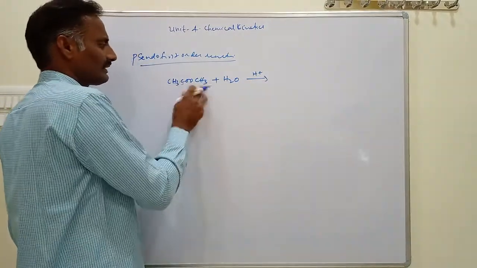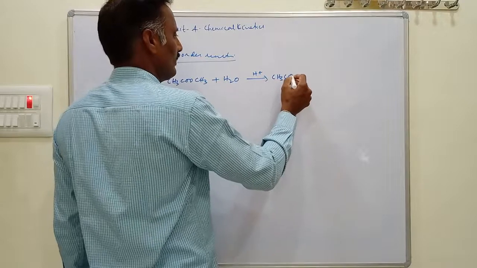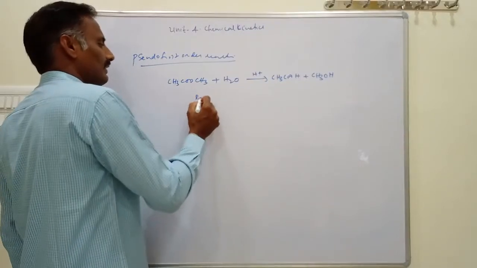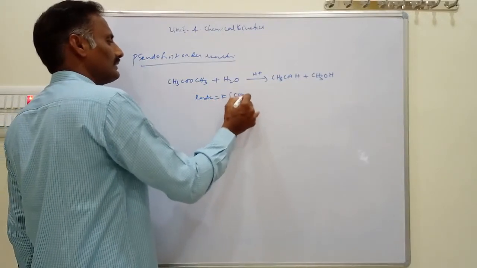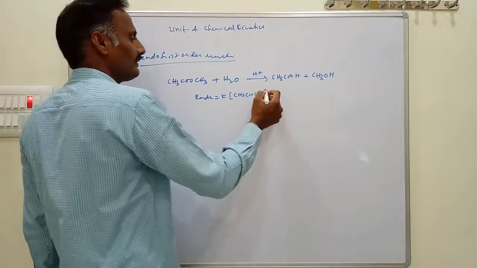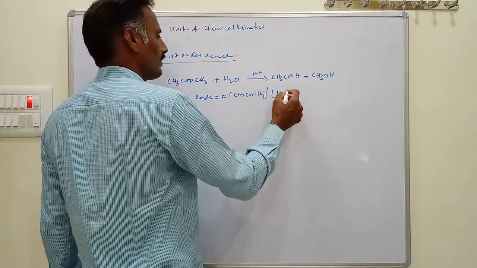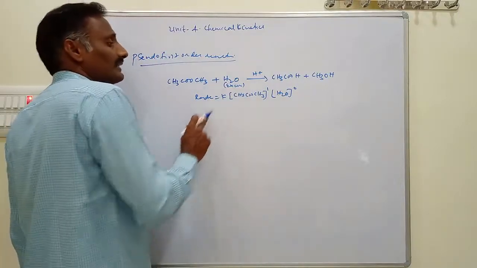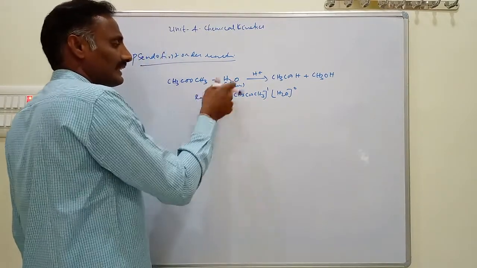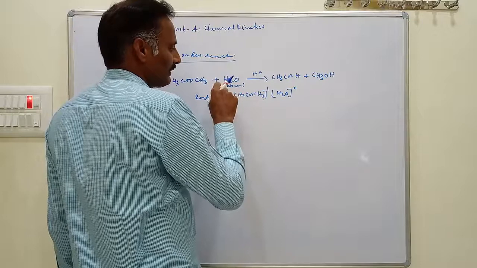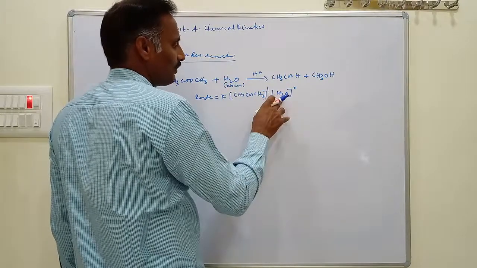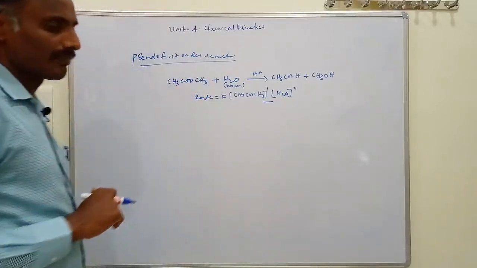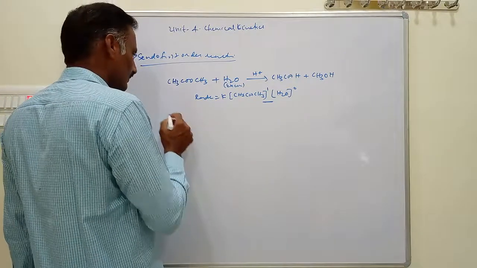you will get CH3COOH and CH3OH. In this reaction, rate equal to k into CH3COOCH3. With respect to methyl acetate the order is 1, with respect to water the order is 0, because one of the reactants is taken in excess. Due to the excess reactant, the change in concentration is negligible. With respect to this reactant the order is 0, and with respect to the other the order is 1. This type of reaction is called a pseudo first order reaction. Similarly, the hydrolysis of